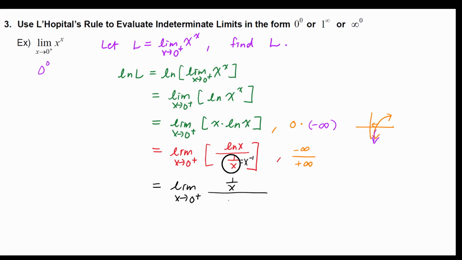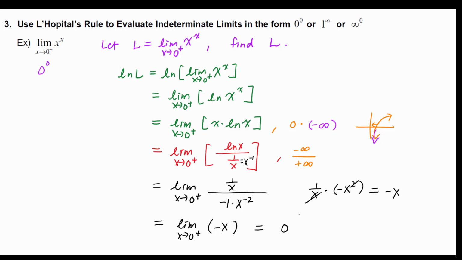So when you take the derivative of that, you get negative 1 x to the negative 2nd power. So let's clean that up. 1 over x times, that will be negative x squared, so that these cancel and you get negative x only. So this becomes the limit as x approaches 0 from the right of negative x is all it became. So now you can plug 0 for x, and the limit as x approaches 0 from the right of negative x